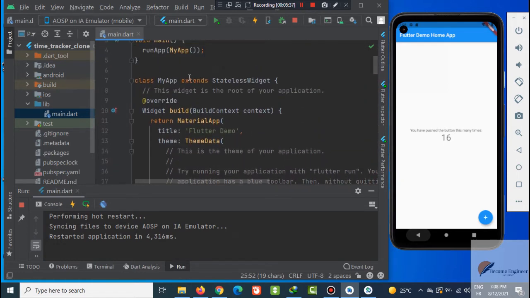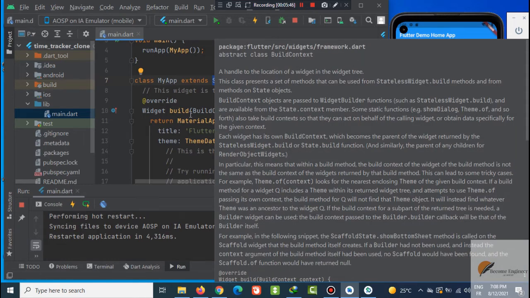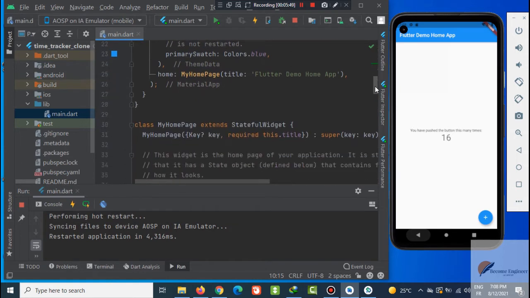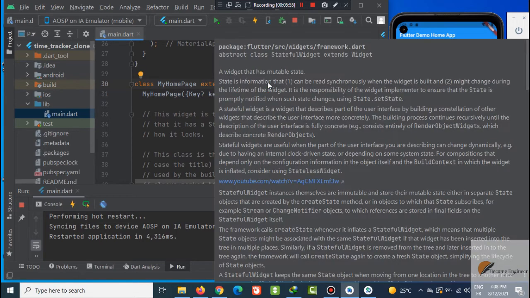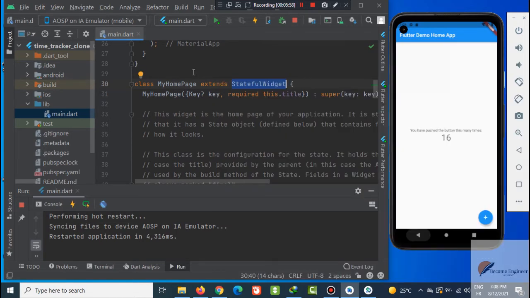Here we have my app, which extends a stateless widget, and on the other hand we have the class my home page, which extends a stateful widget. A stateless widget is a widget that can have some configuration properties passed in. The same thing applies to the stateful widget.